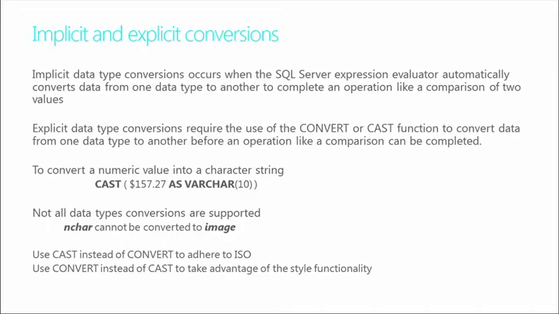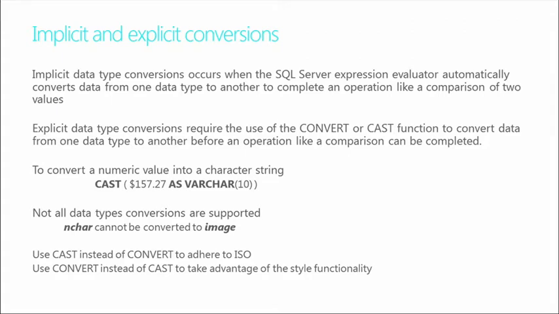And there's an example here in the slide of casting $157.27 as a varchar. So it's going to convert that and now store that as a varchar and be able to work with that using that new data type here. But again, not everything's supported. For instance, an nchar cannot be converted to an image data type. Most everything, as you stay within the common data types, you're pretty safe. But if you're going to get into some more unique ones like image, those you have to be a little